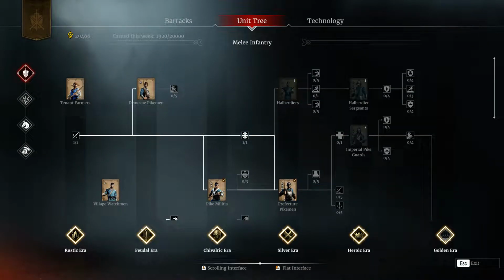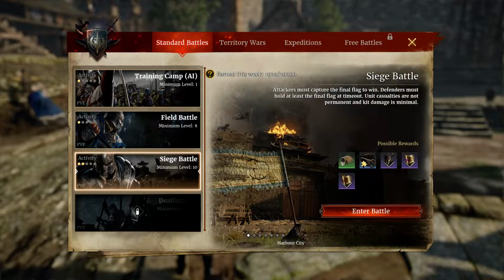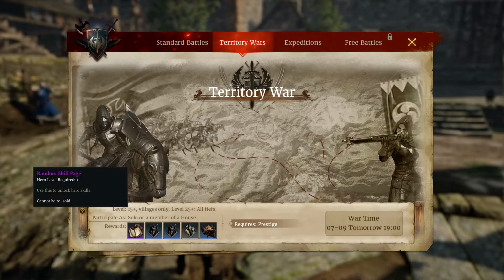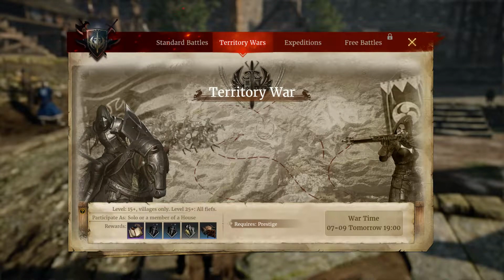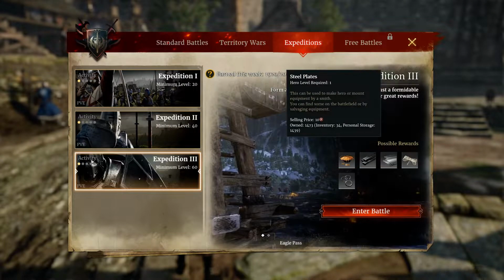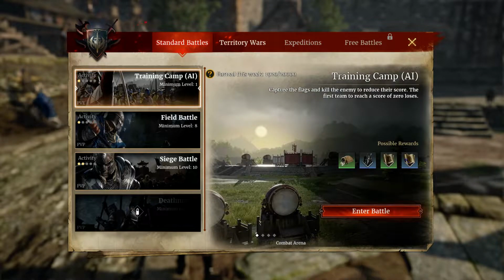There's been a 20,000 honor cap when you play in a game. From battles, you can't earn more than 20,000 honor now from battling. Then for territory wars, anybody can now participate, you don't even have to be a member of a house. And there's a reward for participating. Expeditions have just